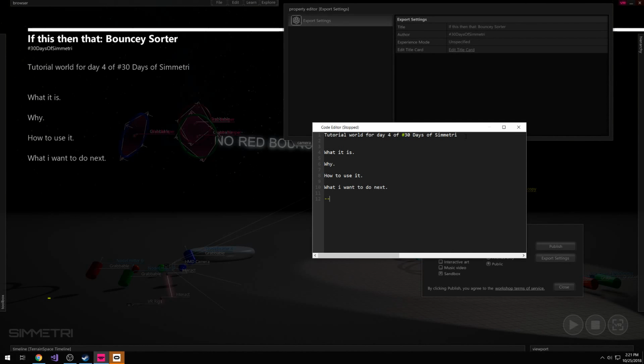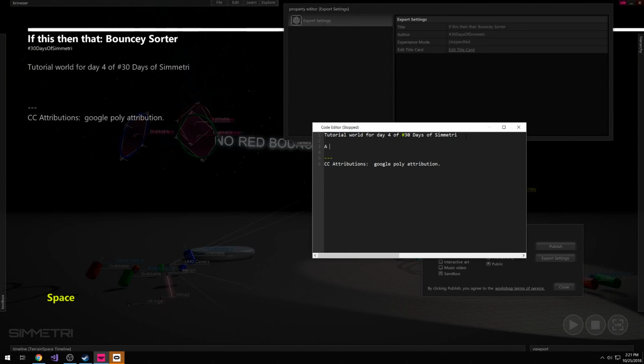And then lastly, any place you want Creative Commons attributions, they would go here. For example, a Google Poly attribution, or if you want to name the artists or any contributors to your project, it's a great place to do it. I'm going to delete this and say that this is a lesson in